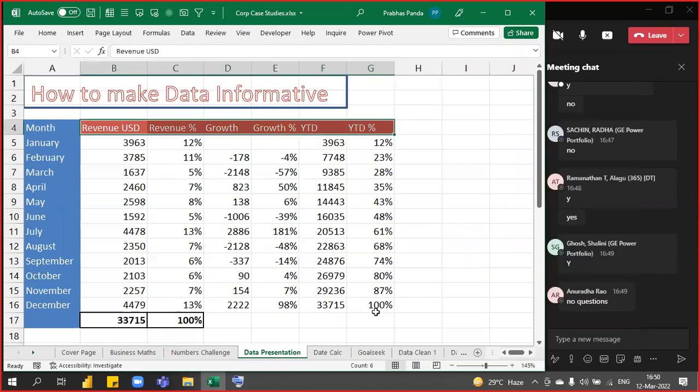Right? Now, once we have made it, remember one thing, friends, whenever you have the data ready, as I was telling